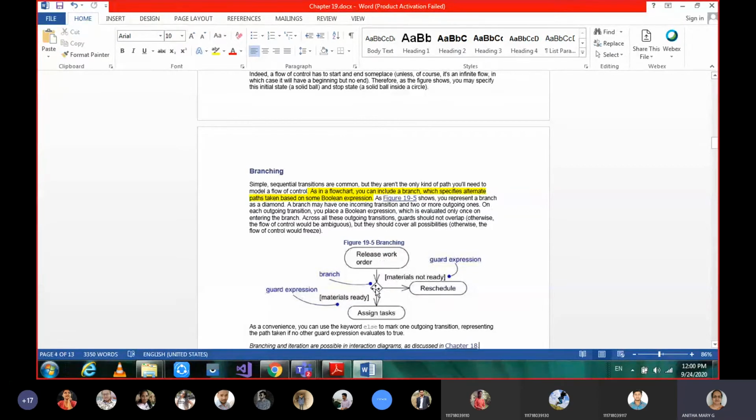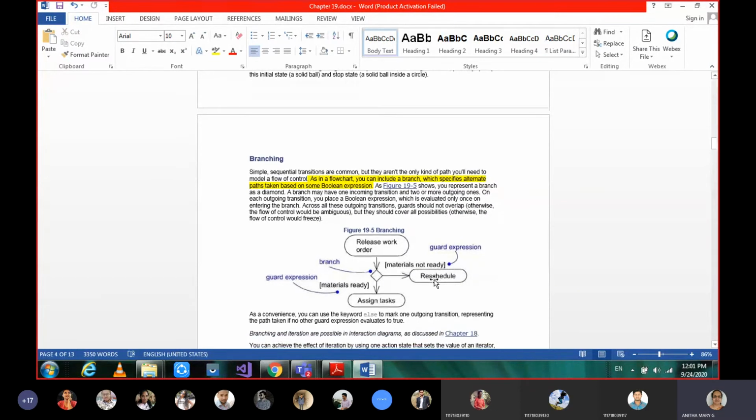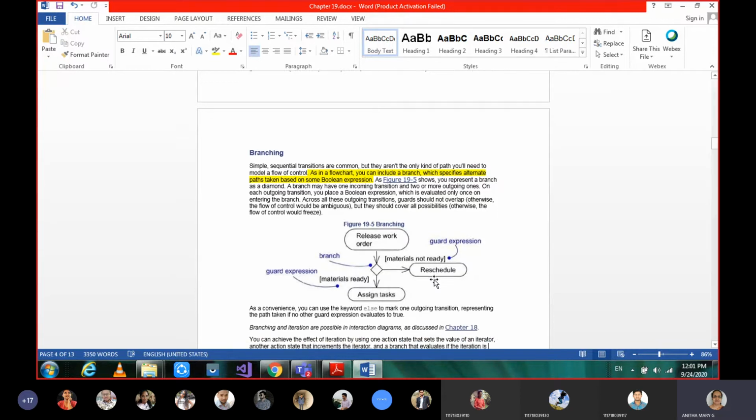Based on the work assigned, the category of workers will be divided. If the material is ready for them, they can start working on the task assigned to them. If the material is not ready, they keep on waiting, reschedule, they are waiting there. So material is not ready is the guard condition we can say. That is how the flow control can give branching by giving the guard condition.